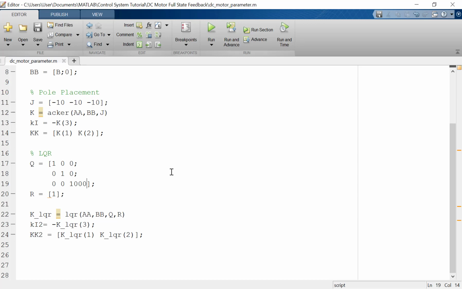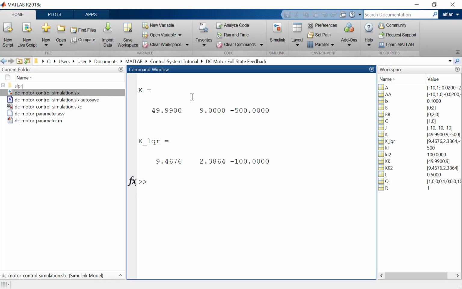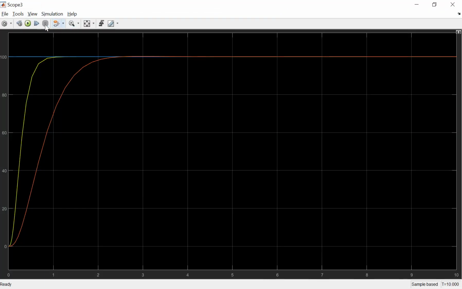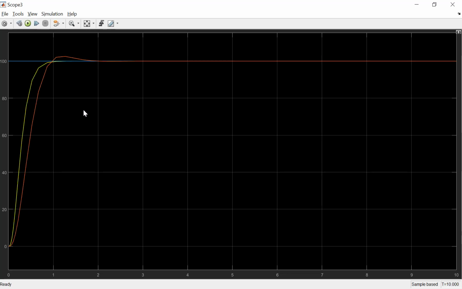We can change the parameter here to 10,000, and play again. This is the parameter. We will simulate again. The yellow line has a better response than the orange, the LQR here.